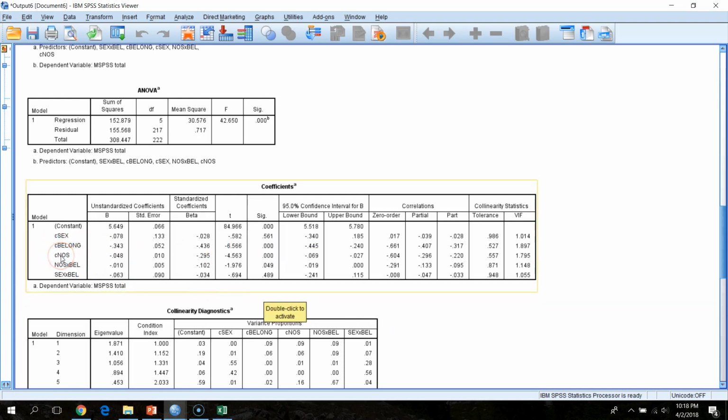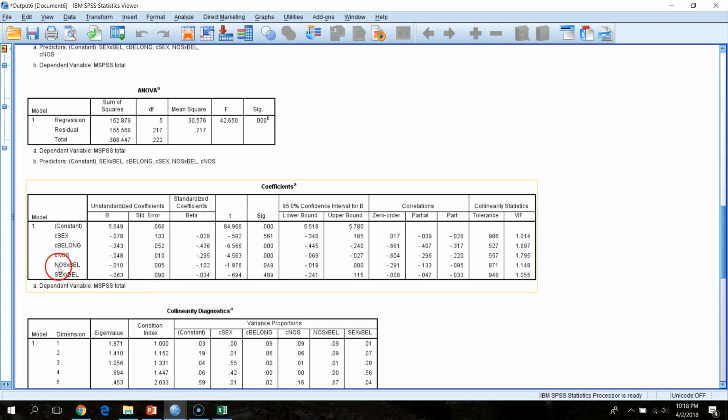Thwarted belongingness and NOS, or attitudes towards support, are both statistically reliable effects, but notice that we have an interaction of thwarted belongingness and network orientation. Okay, and so based on this significance test, it looks like we have a statistically reliable interaction in these data, which is going to tell us, with the way we've set things up, that the nature of the relation between thwarted belongingness and